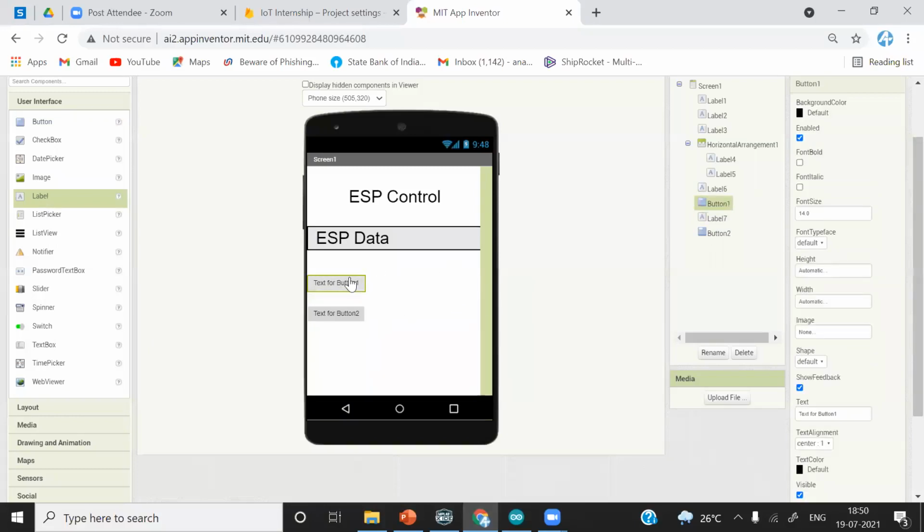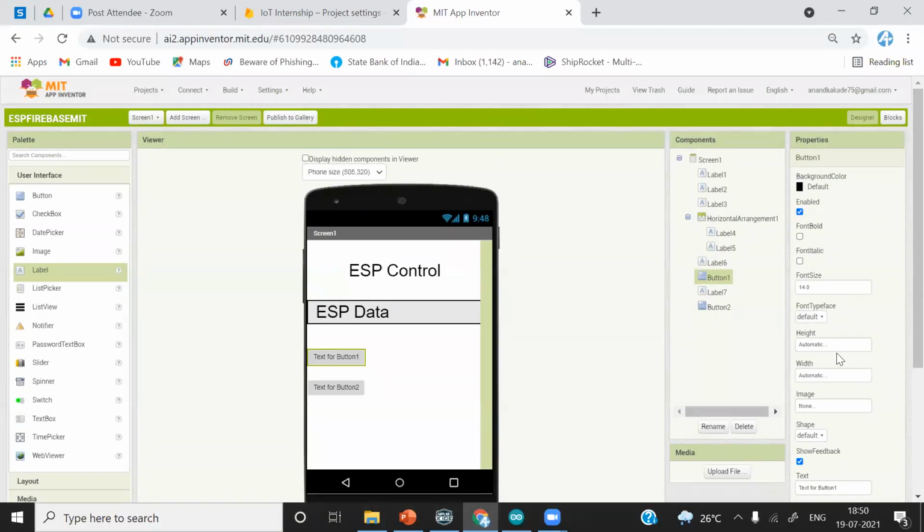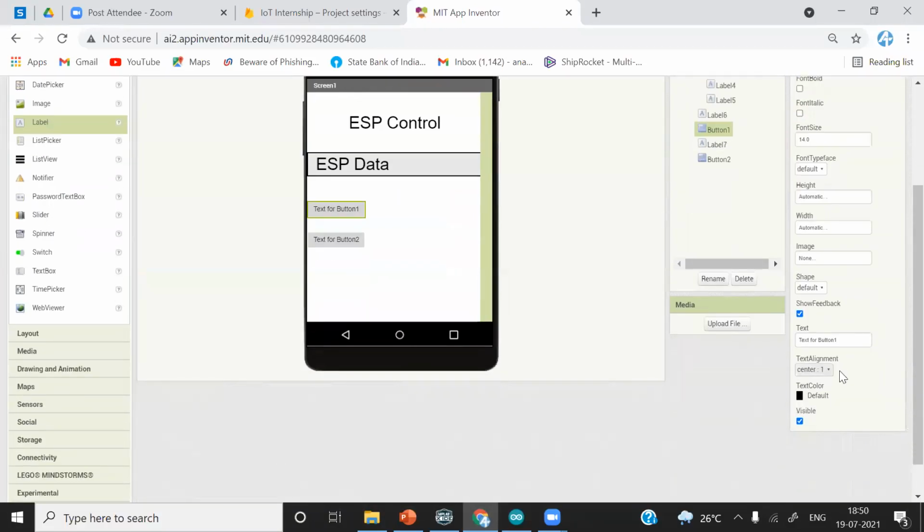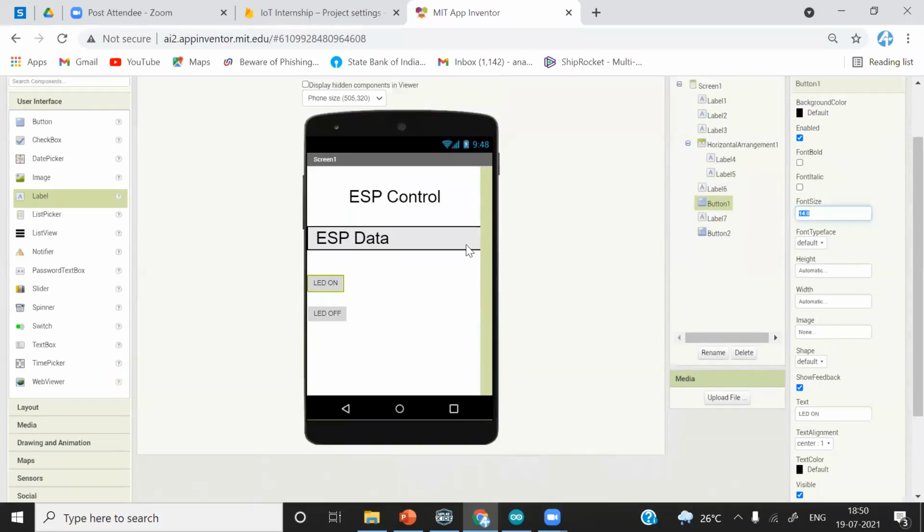I will make it to the center. First button, LED on. Second button is LED off. I will increase the font size as 20.